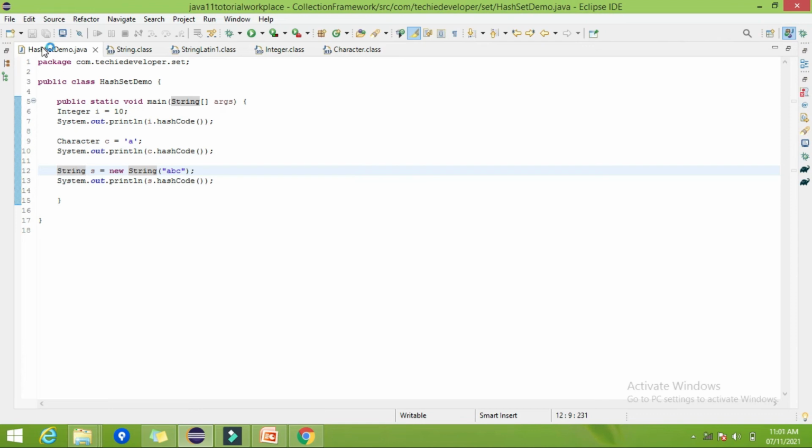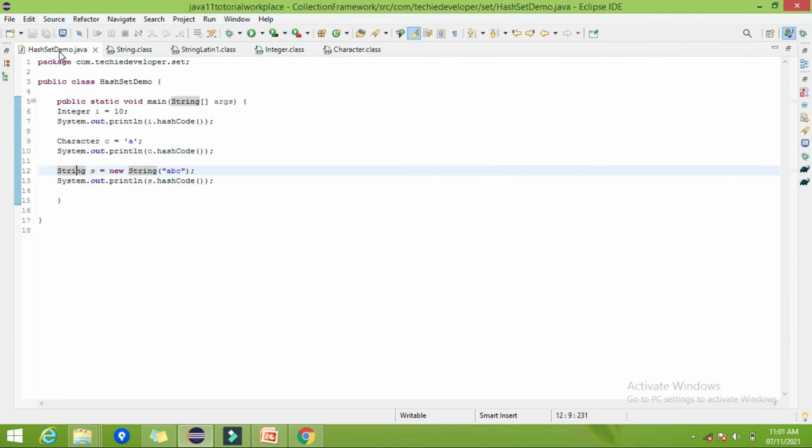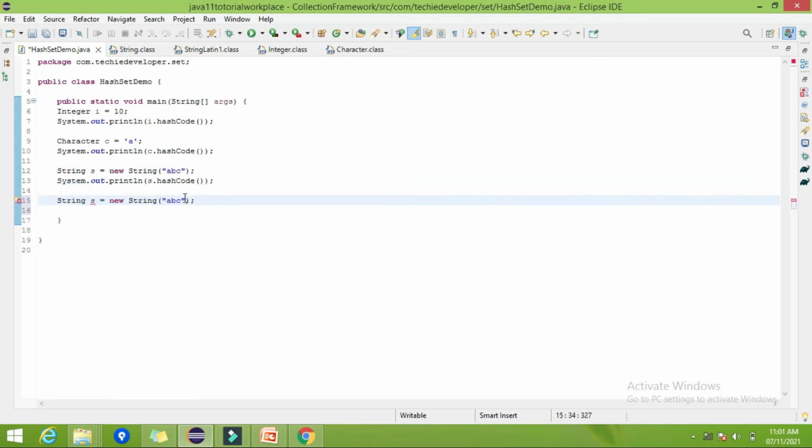As I earlier told you, each and every class in Java is extending the Object class, right? In the Object class we already have the hashCode method, but that hashCode method is overridden, right? Actually it's overridden in these classes, the String class, then the Integer class. They have created their own hashCode method, right? Similarly we can create our own hashCode method. Let me show you one interesting thing here. Let me create another string here with ABC only, and let me give the name as s1. Now both are the same actually, right?